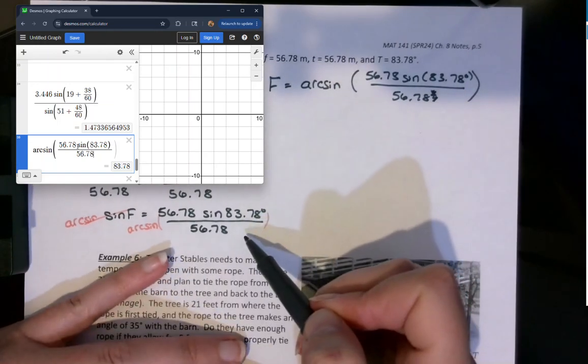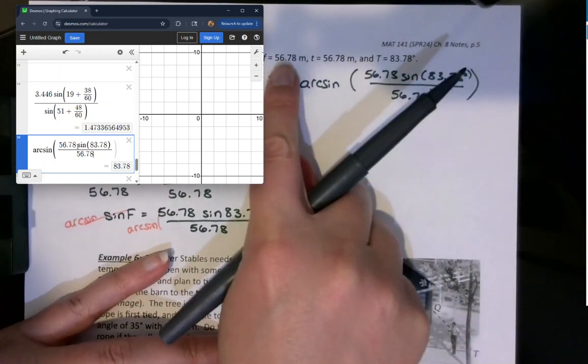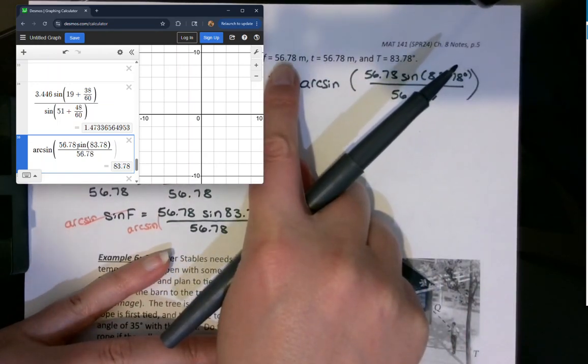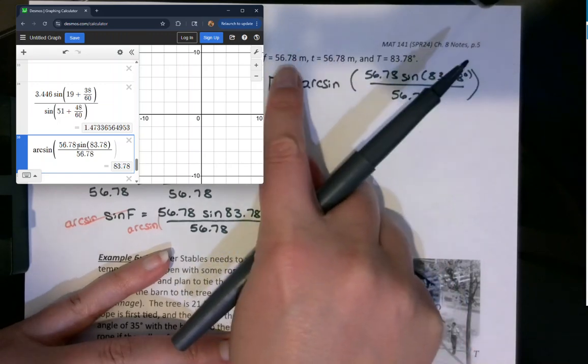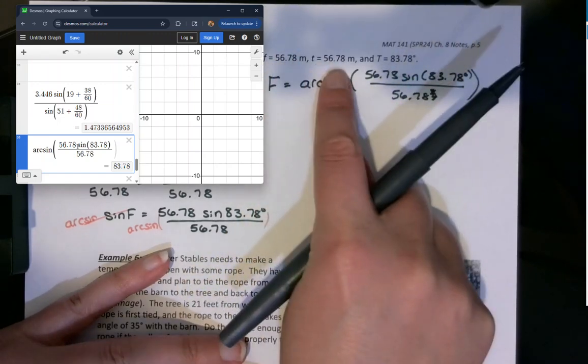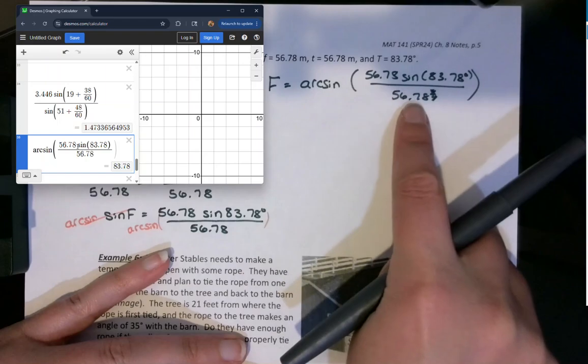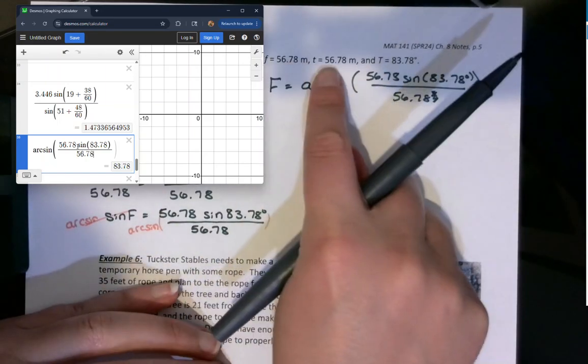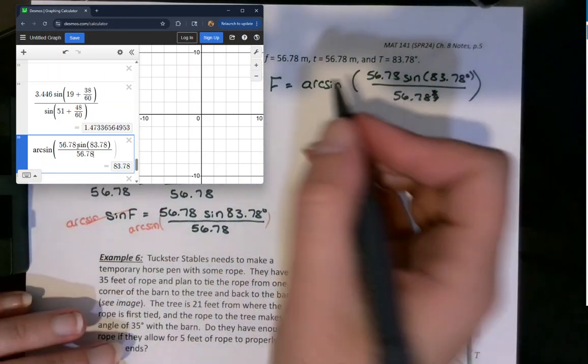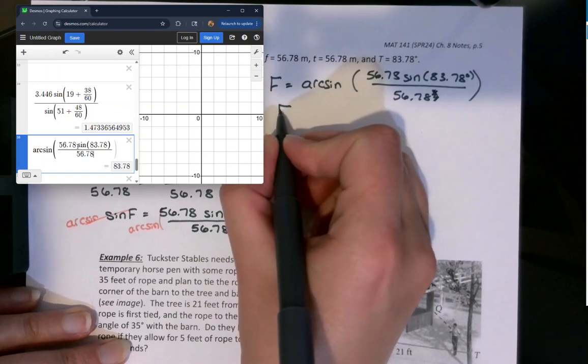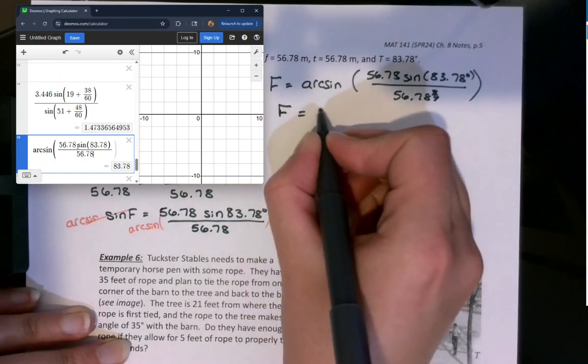I was just double checking. I was saying that these looked like the same. I just wanted to make sure they were the same here. 56.78, 56.78. Just wanted to make sure I hadn't messed up my values. I noticed that they were the same at this point, so I wanted to double check. So it looks good. And we come up with an F value of